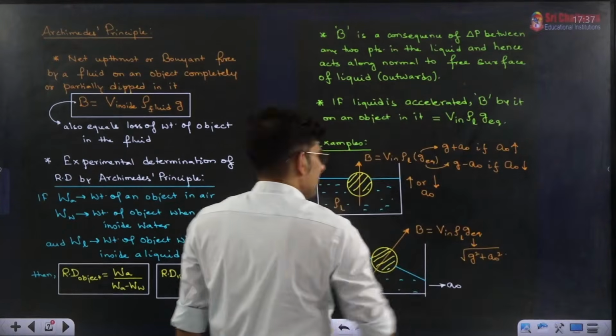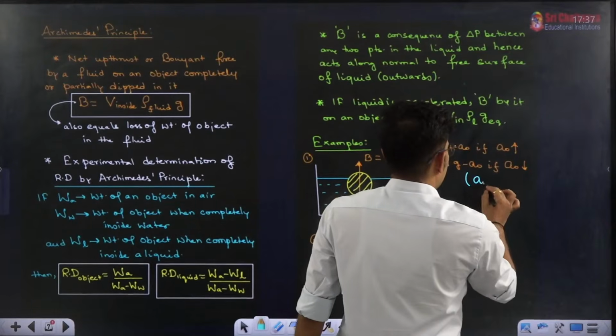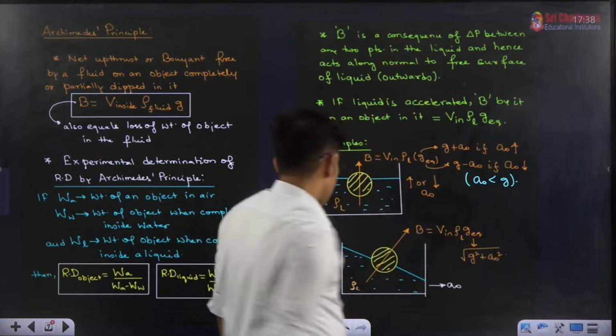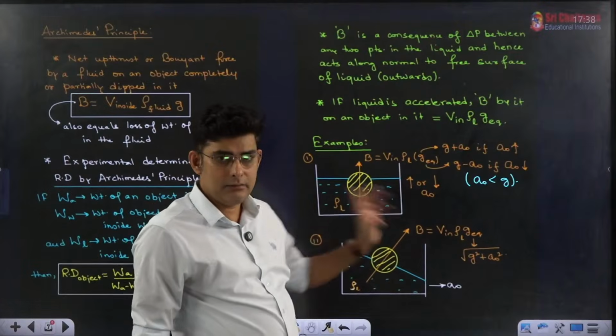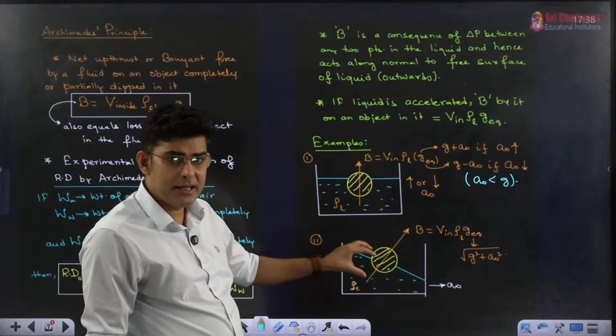So A0 is less than g. Now if we take the case of horizontal acceleration and then we keep the same ball, then